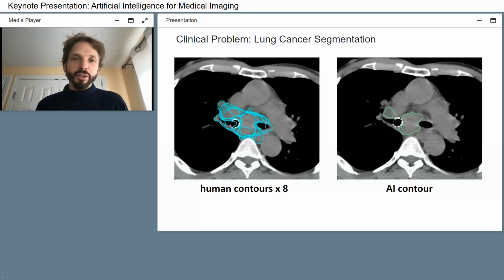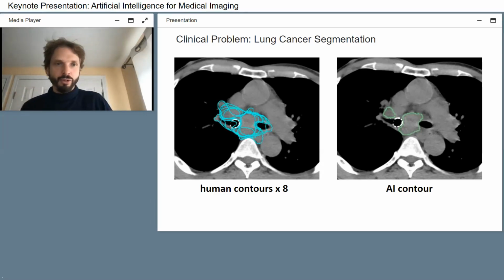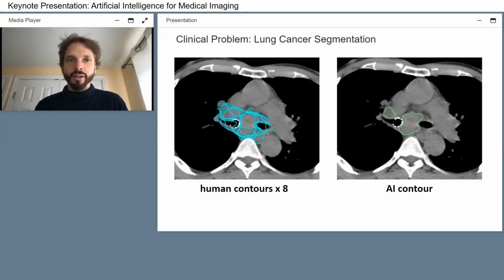And if you then have humans, which you can see on the left, you can see that there's a huge intra and inter-observer variability, right? So 2 doctors will not segment the same volume, but also the same doctor over time will segment a different volume. So the ground truth here is very unstable, right? So what we said is, okay, let's develop an AI contour and let's see if we can better harmonize this. So at least we get to more similar